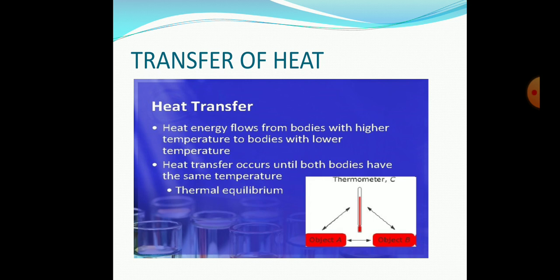Equilibrium means when the reactant and the product are somewhat similar, or in a similar state, in this case, in the case of temperature. So when both the bodies, the body from which the heat is transferring and the second body that is receiving the heat, have totally equal temperature, at that time no transfer of heat takes place, and this situation is known as equilibrium, and here it is known as thermal equilibrium. Thermal means something which is related to heat.